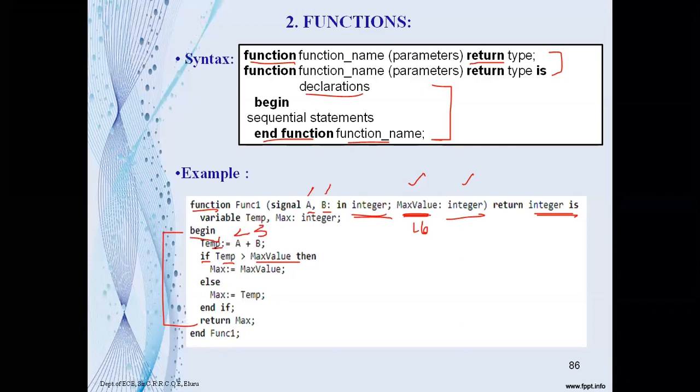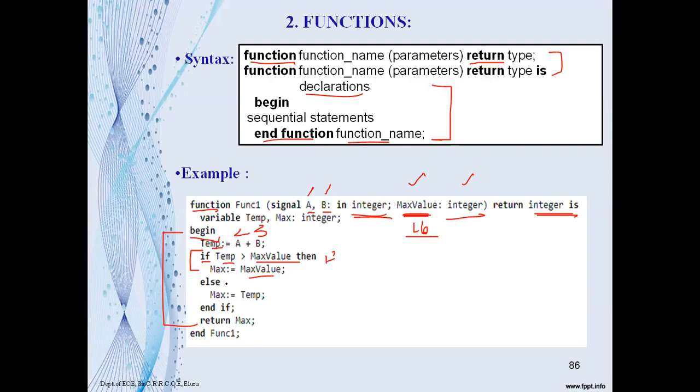Let's say the maximum value is 16, and let's say the values of a and b are 2 and 3. So now what is the temp value here? The temp value is 2 plus 3, 5. And now check the condition. If temp is greater than maximum value, then maximum is temp value. But with the example you see, a plus b is 5 and the maximum value is 16 that we have assumed. So now this condition is not true here, because the temp value is 5 and the maximum value is 16. Therefore this statement is false, right?